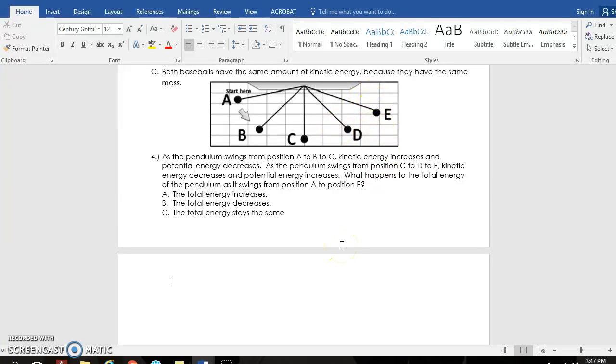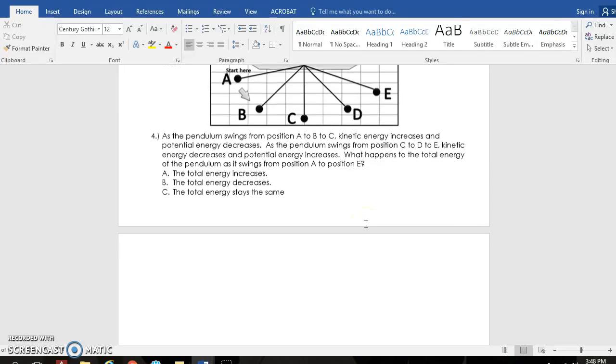Are we going to increase our total energy, decrease it, or is it going to remain the same? And just like our previous questions, it always remains the same. So all of our KE is going to turn to PE, and all of our PE is going to turn to KE. And if for some reason our numbers aren't exact, that means I've lost some energy to, say, thermal energy. I have displacement energy. It hasn't been destroyed, it's just found door number C and has left. Okay, it's gone somewhere else.